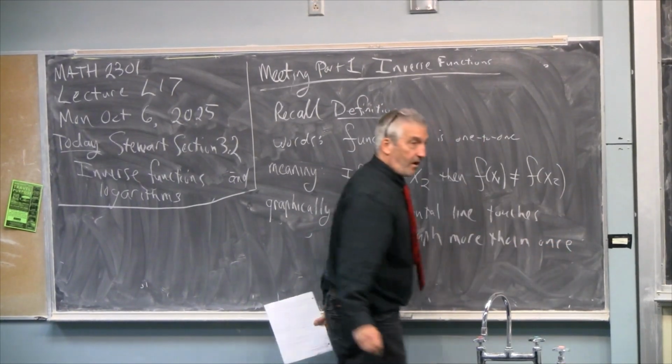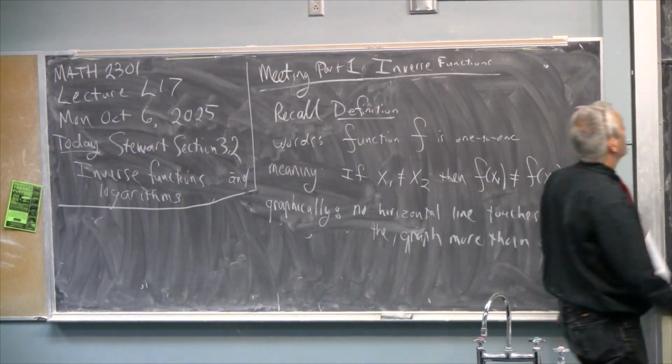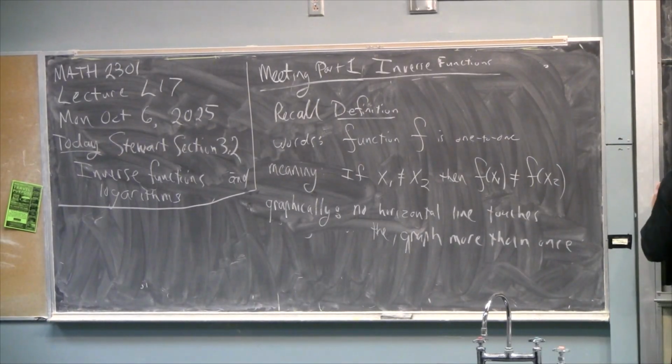That's the so-called horizontal line test. So this function f of x equals x squared is not